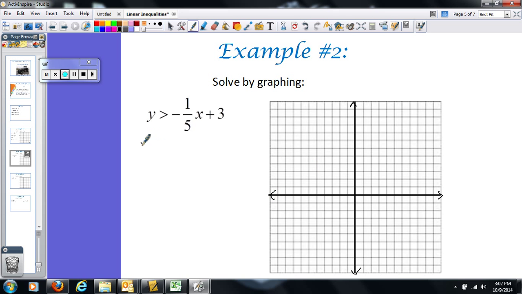And I'm going to graph again, so my y-intercept is at 0, 3. And my slope is -1/5, so that's down because it's negative, positive because it's right. And up 1, 1, 2, 3, 4, 5. Just a second, guys. Okay, so again, we have our 3 points, and so we're going to look at the sign. Our sign is greater than again, which means that it is a dotted line,